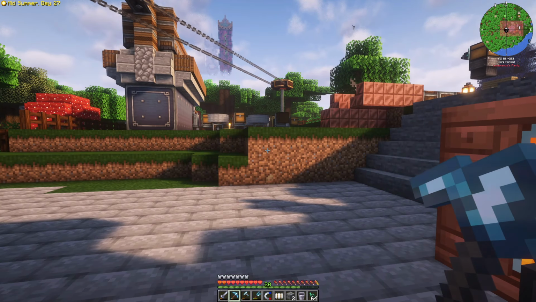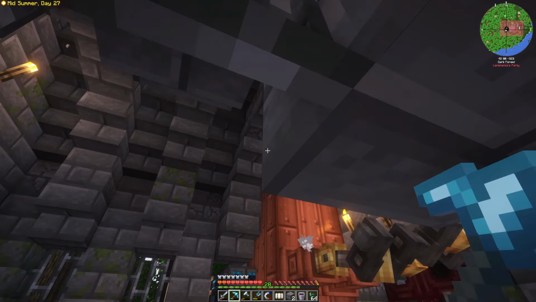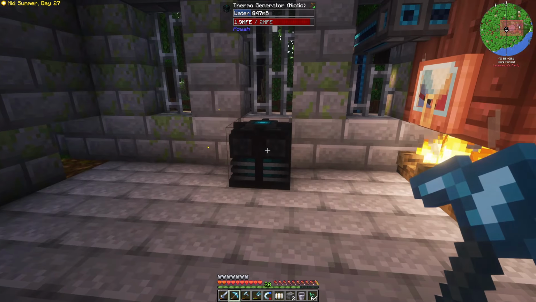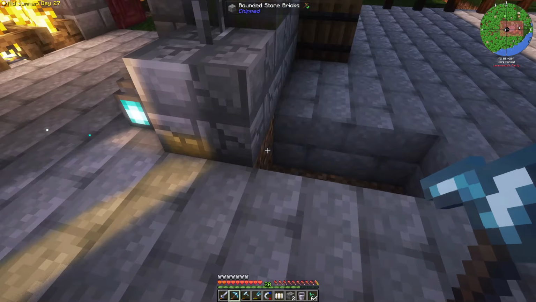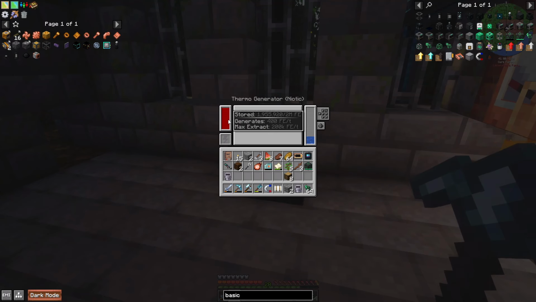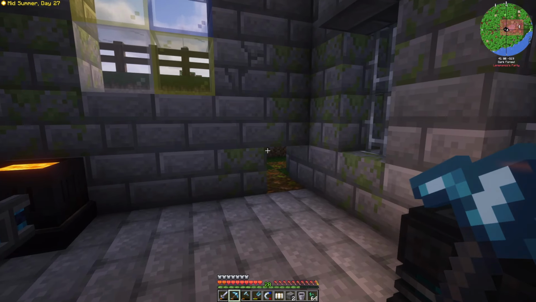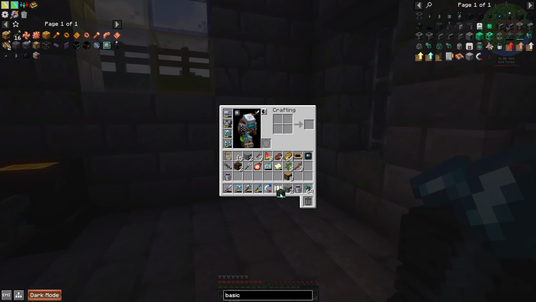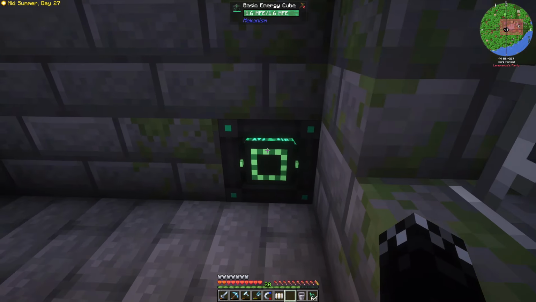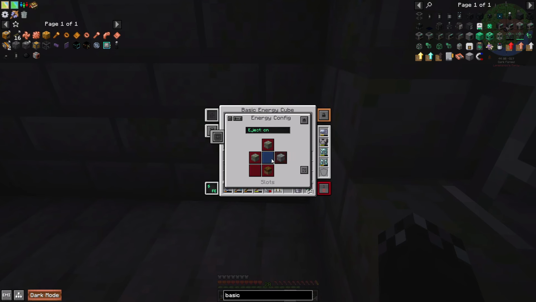Okay, next part of what I need to get done is I need to get the power from our little generating plant here, which again still needs to clean up. I've moved the thermo generator inside. It was just sitting here before. Took some of the power out of it before I broke it and moved it, but it seemed to keep most of its stuff, which is cool. I've made myself a basic energy cube, and I was just going to pop him here and then set him up in a way that